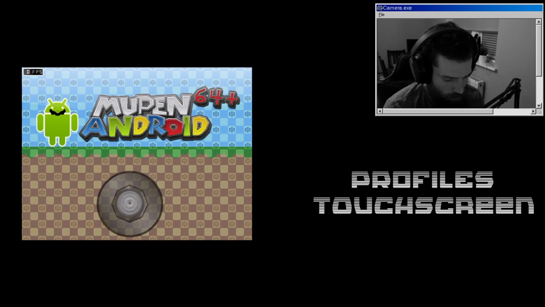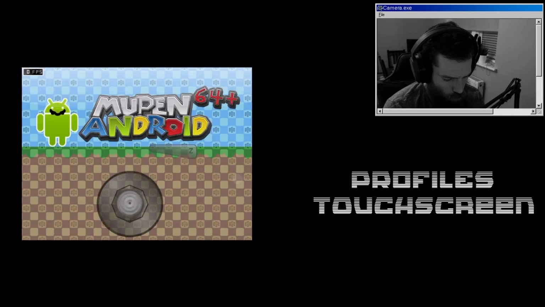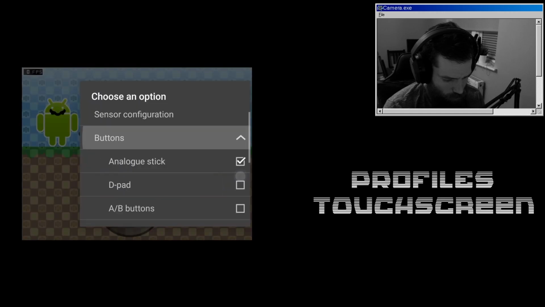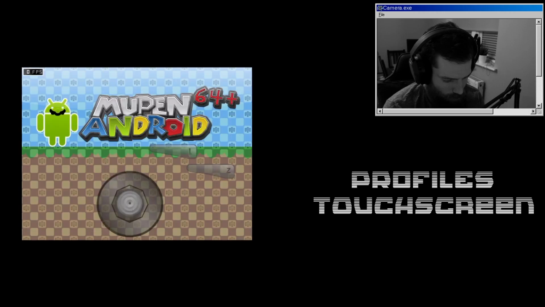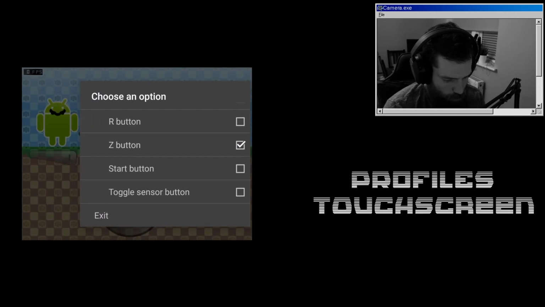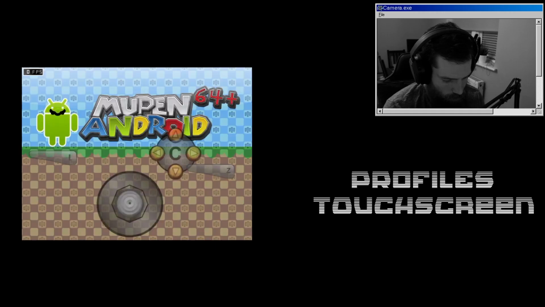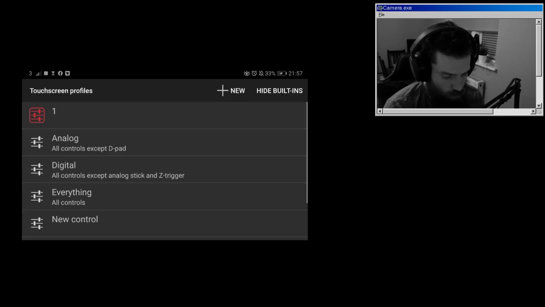So we'll have the analog stick there. What I always find is the Z button is so awkwardly placed, so I like to place it down there. And then we've got the L and R buttons. Obviously you haven't got the back triggers, so I like to place them down here just so I've got better access on my screen and so forth. Let's put the C buttons maybe down here, if it's going to let me do it, down there, and so forth. And then once you've done it, you just press exit and that will save. So now you've got that set up on your phone.